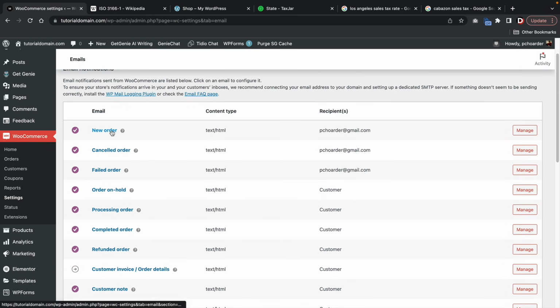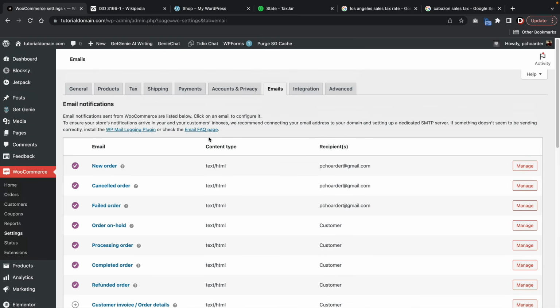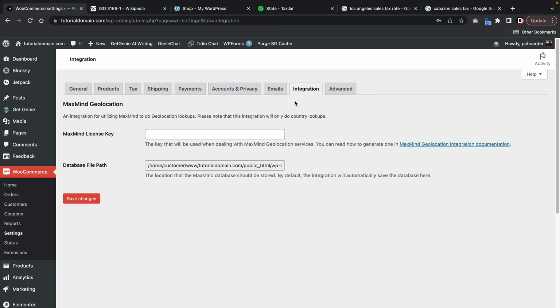So this is the new order, the canceled order, on hold, completed order. If you do send a refund, you can also adjust that as well, right? So that is the email summed up. But don't worry, I'll show you a plugin that'll make this look a lot better at the end of the video. Here we have integration, where you can integrate a MaxMind license key if you have one,